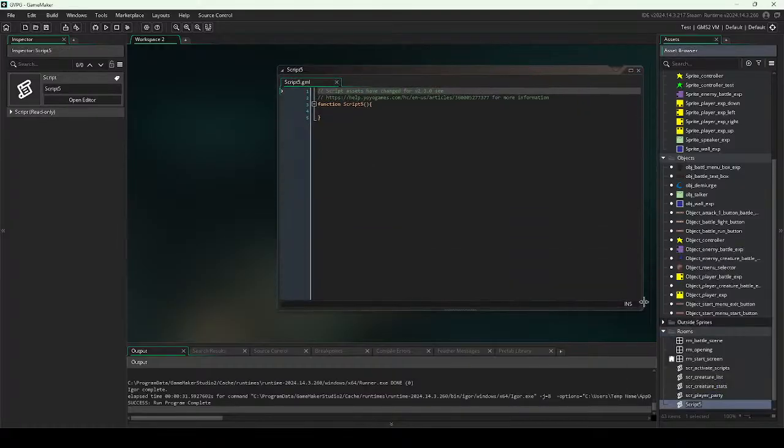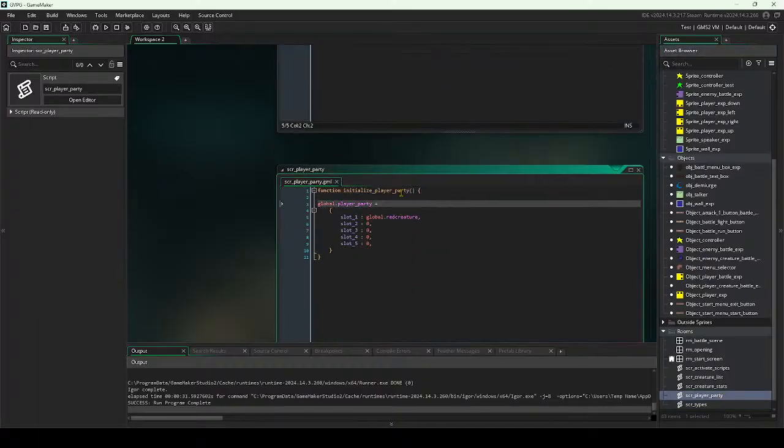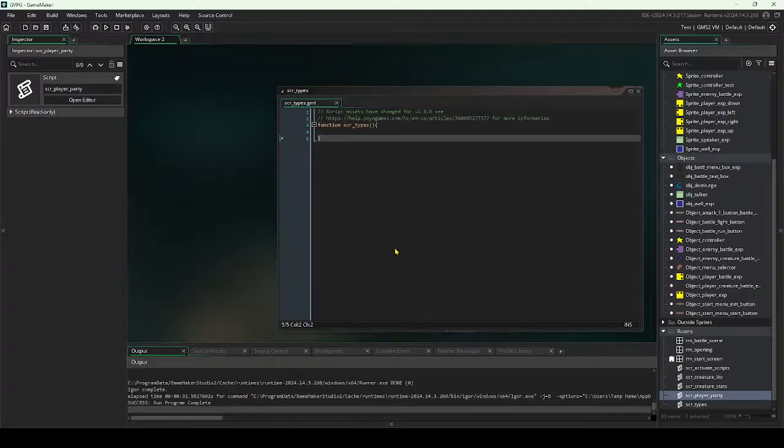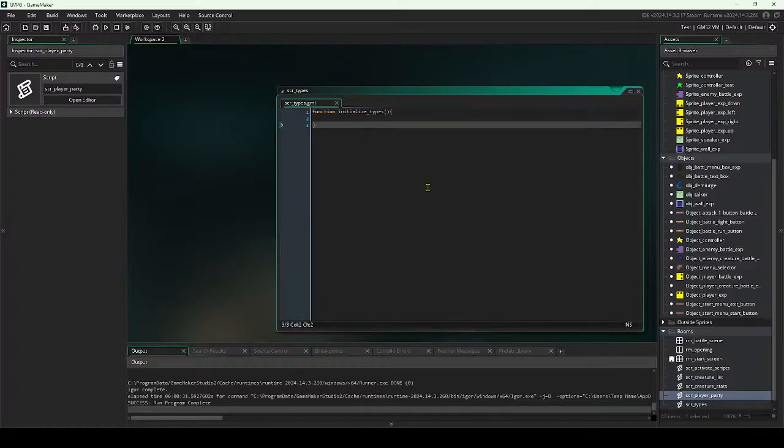Create script cr_types. And do. Types, and then it'll be